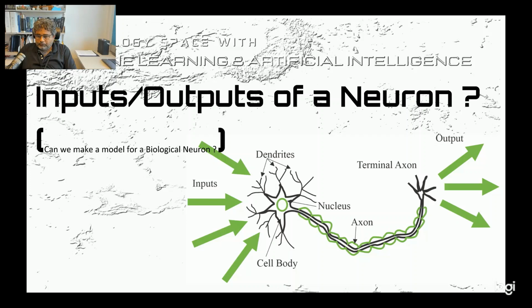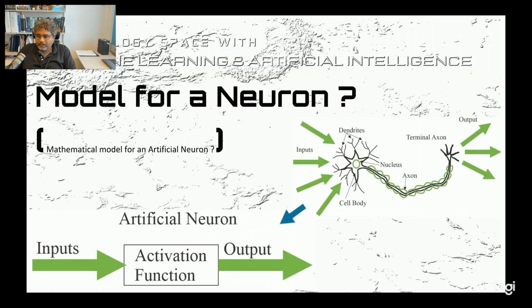So how does this biological neuron work? It has inputs and outputs. As you can see, inputs, or the electrical sparks, are delivered through the dendrites of this neuron, and then these electrical sparks go through the axon of the neuron, and at the end, the terminal axon delivers the output as another electrical spark. So then, can you build a new mathematical model for such a neuron?